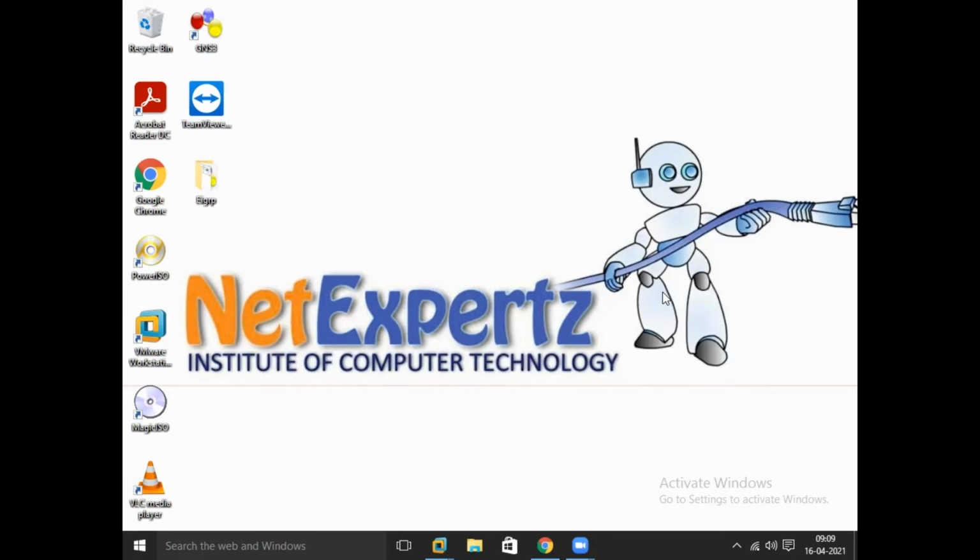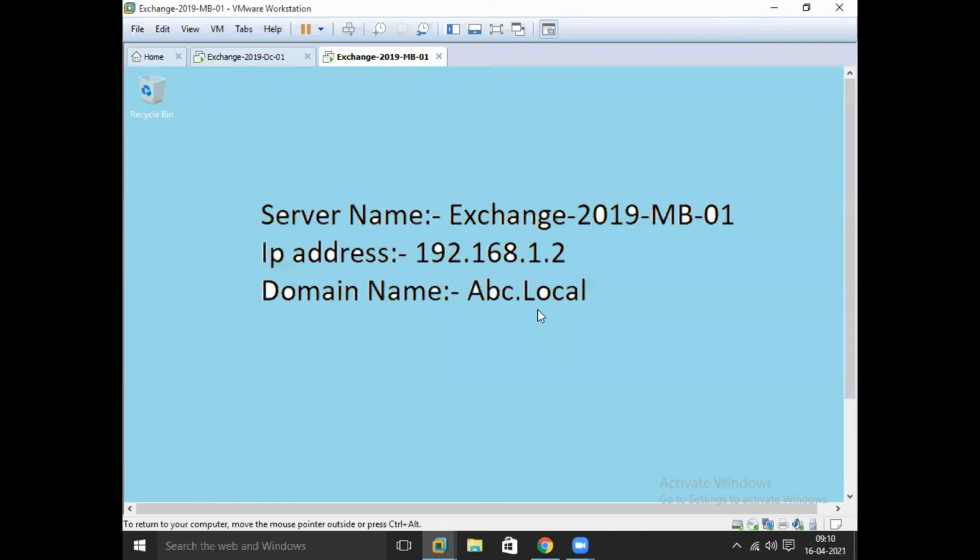So in this lecture, we learn how to rename and move mailbox database in Exchange Server 2019. So let's start the session, guys. We'll talk about the mailbox database. Once we install Exchange Server, one mailbox database is automatically created, and we can call it the default database. I'll show you where the database exists, its location, and how we can access that mailbox database.